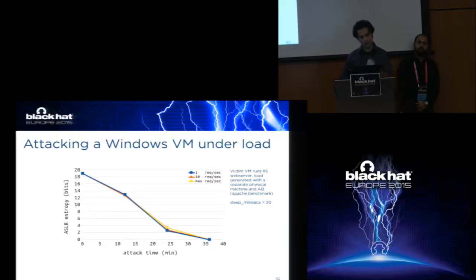In the first version, we sent only one request, which exemplifies a very lightly loaded server. The other one, 10 requests per second, is an average loaded server. And in the last one, a maximum number of requests per second signifies a very heavily loaded server. You can see that in all these cases, Kane can leak the address space layout, and it doesn't really matter how much load we put on the server.